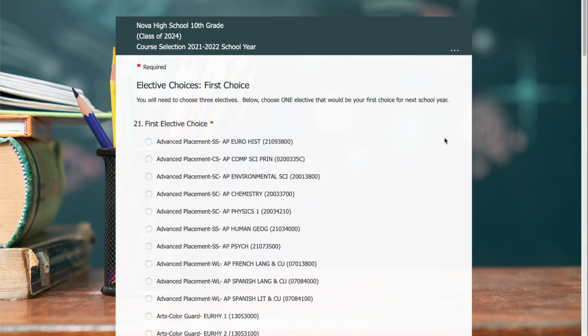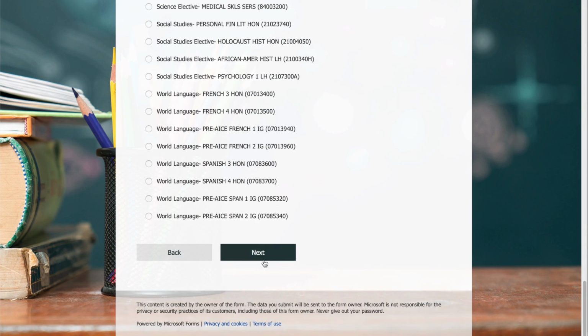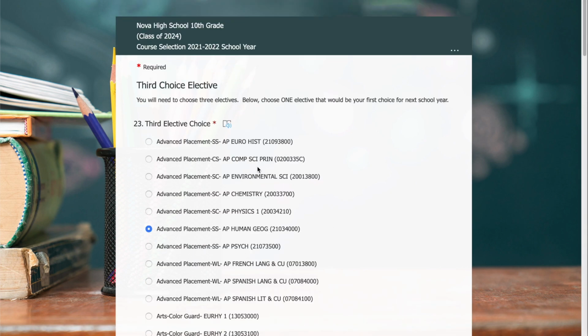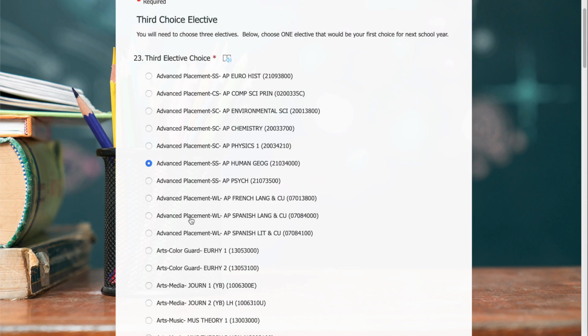Now you get to choose 3 electives and you can order them in importance. This is my first choice, so here I would put the elective I want the most. Then put the elective you want the second most. So let's say I want to take AP Environmental Science as my second elective. And finally put the elective you want third the most. So let's say I want to take Art as my third. I click Art